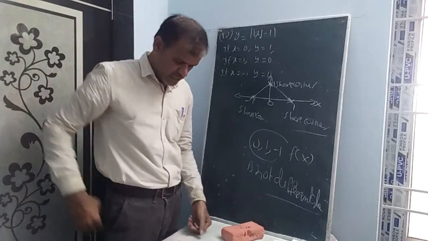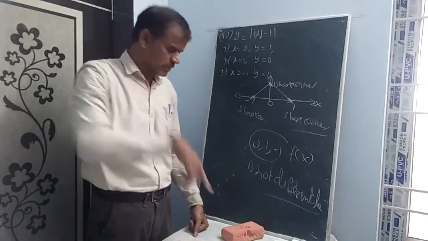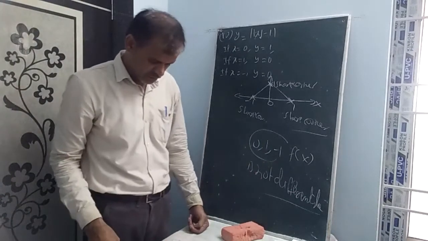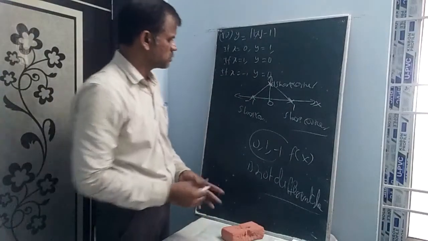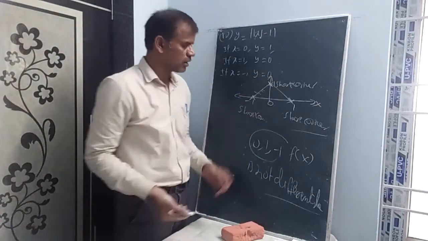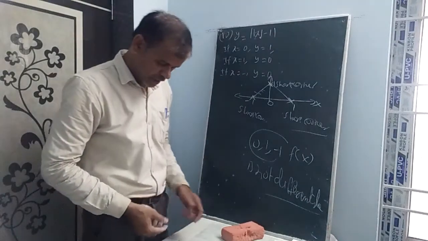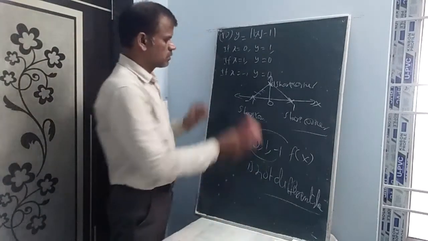The given answer is that it is differentiable for all real numbers except these points. So at these points it is not differentiable. Everywhere else it is differentiable, like this, so many points are there. It is okay. But at a sharp corner, it is not differentiable. Now,